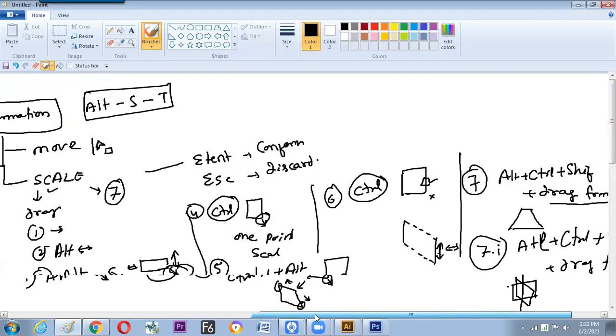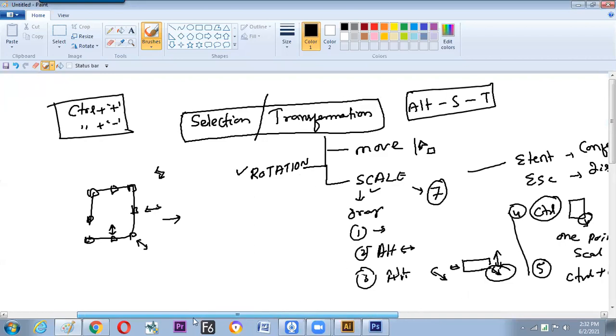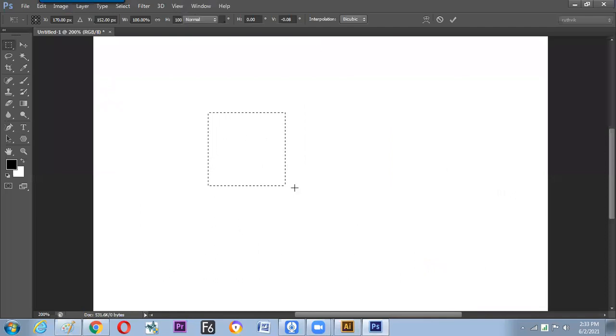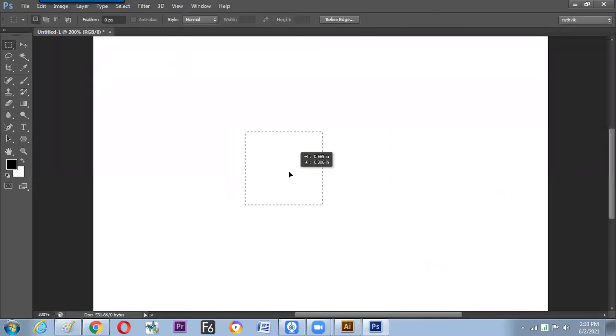But what is the practical use of it? Am I right? Theory okay, fine. But on the other hand, now we go practical using all these options. So let us see how to get it done.